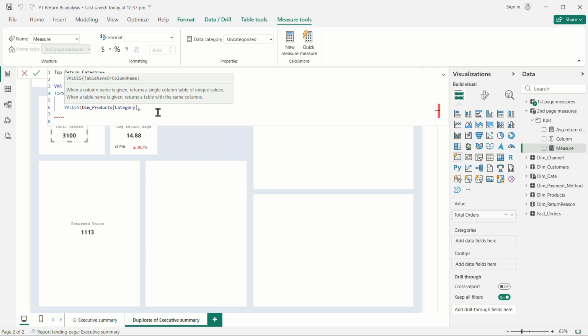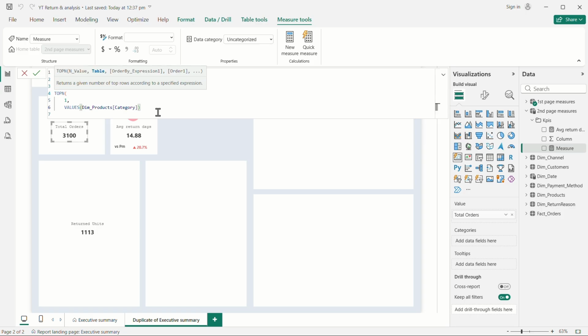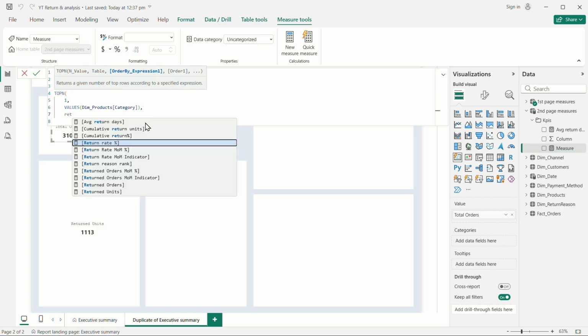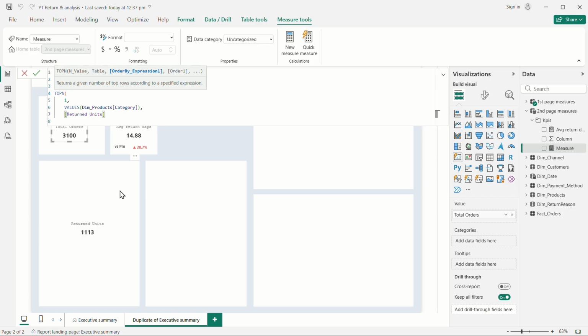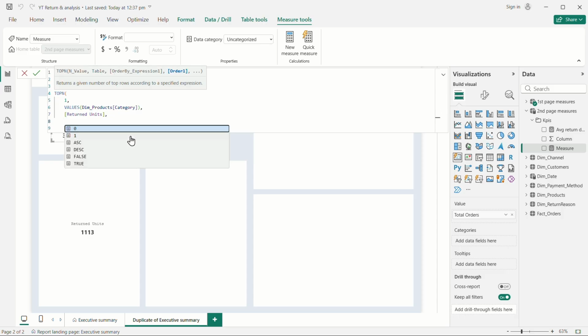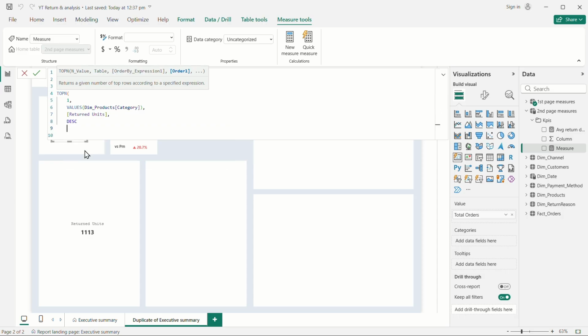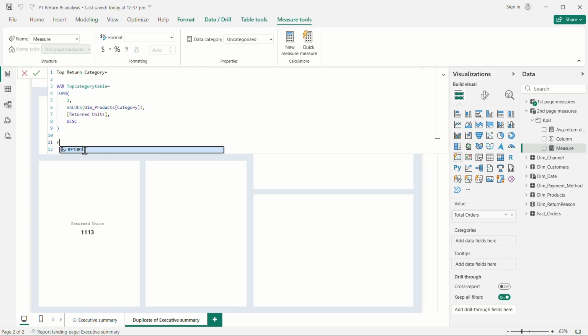In front of that, we'll close this column and give comma, order by expression. What do we want it to be ordered by? We want it to be return units. After that, return units, give comma and order one. It should be in descending format and close this bracket. And after that, what do we want to return? We'll say return,